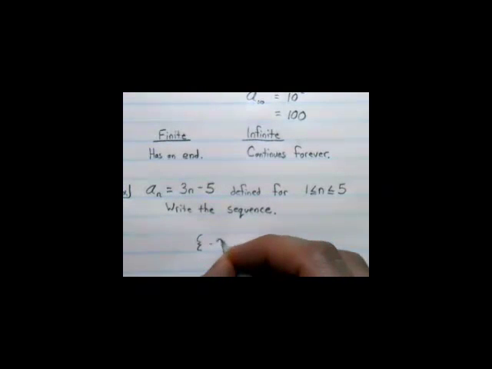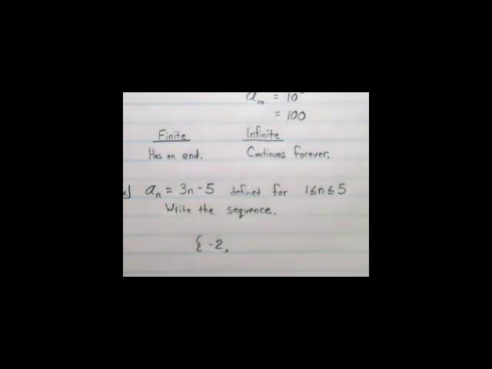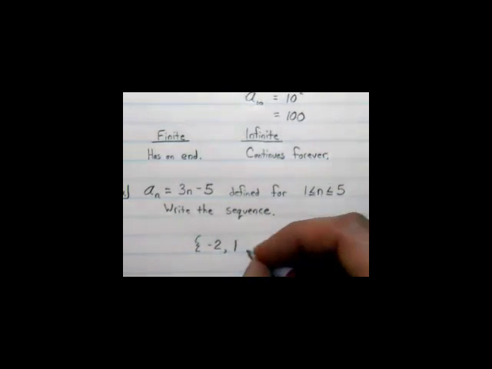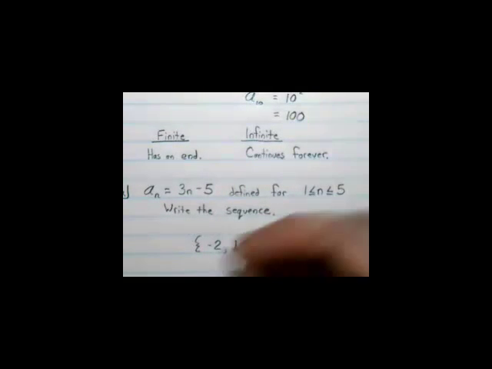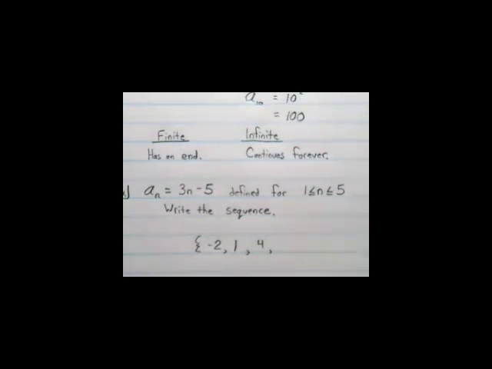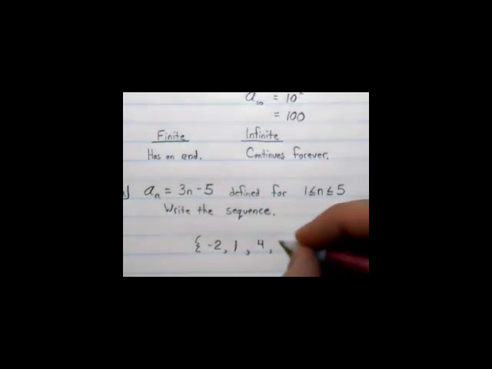Negative 2. If I plug in a 2, careful. Positive 1, right? 6 minus 5. If you plug in a 3, it'd be 9 minus 5. If you plug in a 4,